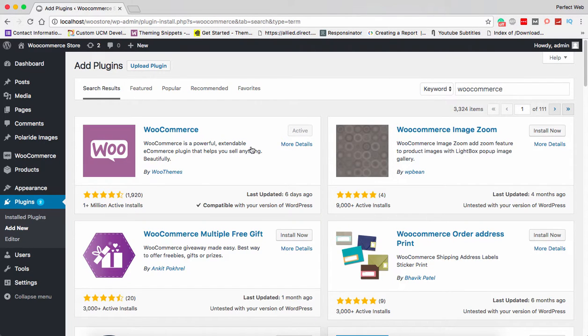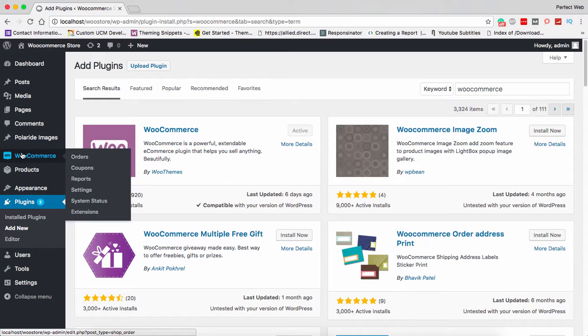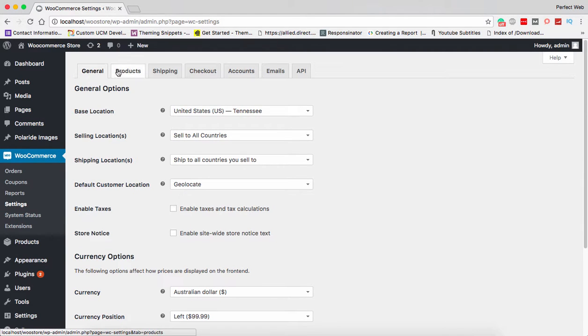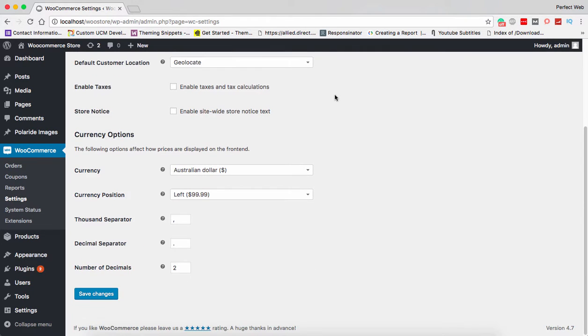So this is our WooCommerce installed and activated, and you will see two new tabs here, WooCommerce and products. WooCommerce is basically the settings, orders, coupons, reports, status, extensions. You can check your orders, check or create new coupons, display reports, perform some basic settings like I have shown you in the previous screenshot, that you can create general, product, shipping, checkout, accounts, emails, API settings you can perform here.